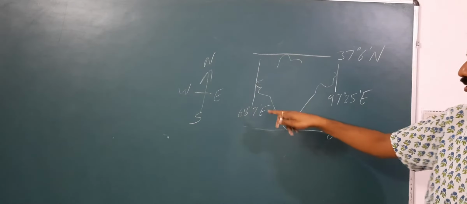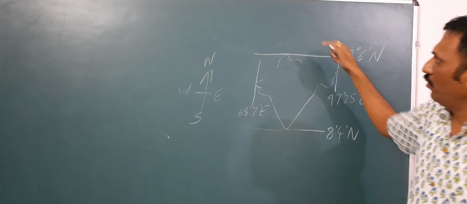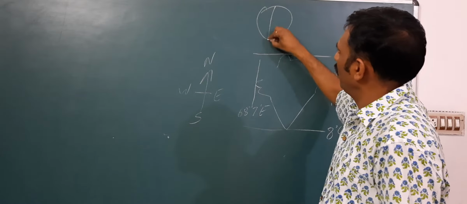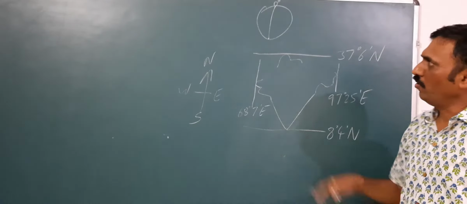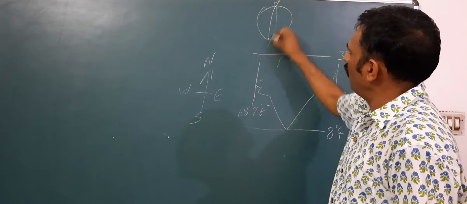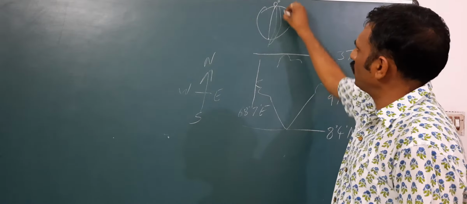These are two longitudes. Why have we written east on these two? Because 0 degree is the prime meridian, and all these longitudes are marked east because they are on the eastern side of the prime meridian longitude, which passes from Britain, and on the western side, west. Like the latitudes which are north of the equator are marked north, and south of the equator are marked south. So similarly here also east and west. So this is the latitudinal and longitudinal extent of the Indian mainland.